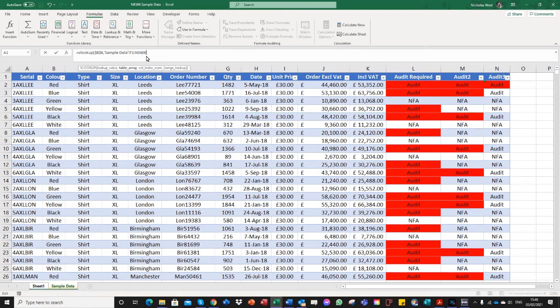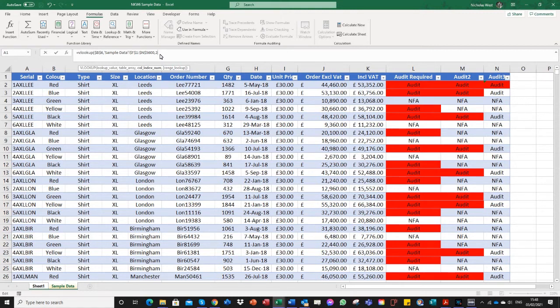And again, I want to make these absolute. So I'm just inserting the $ sign, so you can use F4, but I'm just doing it a little bit differently just for demonstration purposes. And then what you want to do is specify the column. Now, in the first case, quantity is the first one, so you see it's column G. Now, in this case, because we're only looking at column F through to N, column F is column 1, column G is 2, so I need to specify 2,